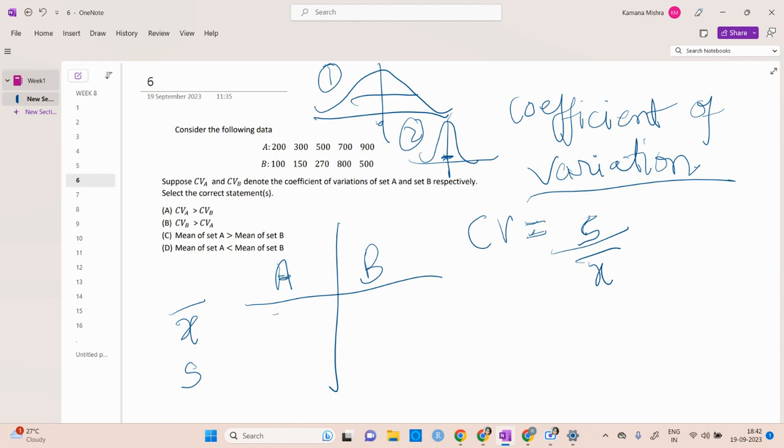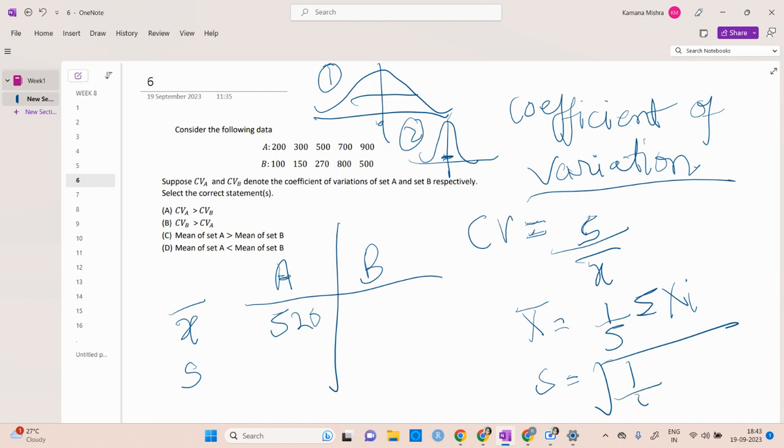So these are the values, and X bar will be, this is 1, 2, 3, 4, 5. So it will be 1 upon 5 summation xi. For A, it is ai, for B, bi. And then S is the standard deviation. For standard deviation, it will be 1 upon 5 minus 1, that is 4, and then xi minus x bar whole square. That will be easy because the values are easier. So this one you can find at